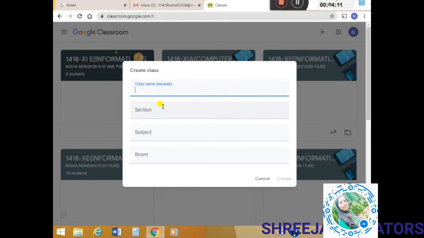Here is one protocol I have followed. I have written the school code 1418 and then a dash, then the class, and then the subject within brackets. Then in section I have written my name and the timetable.